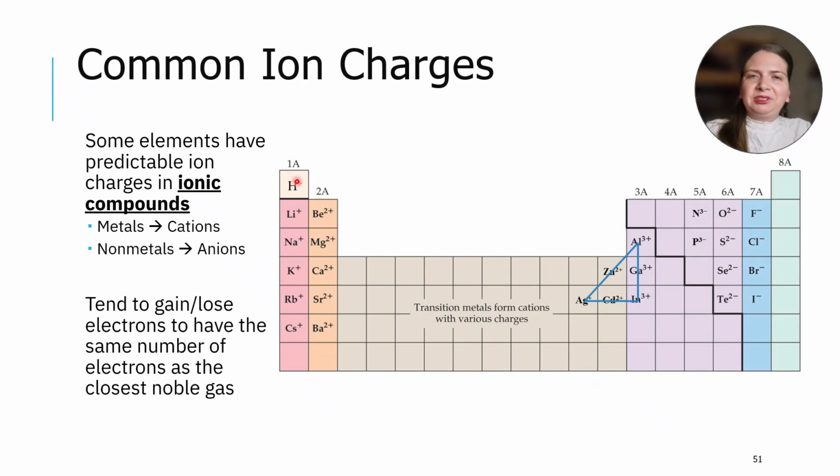This periodic table shows the common charges that some elements form in ionic compounds. Metals tend to form positively charged cations, and nonmetals tend to form negatively charged anions. This occurs because atoms tend to gain or lose electrons to achieve the same number of electrons as the closest noble gas. For example, sodium can lose one electron to have the same number of electrons as neon, forming a 1+ cation. Fluorine can gain one electron to have the same number of electrons as neon, forming a 1-